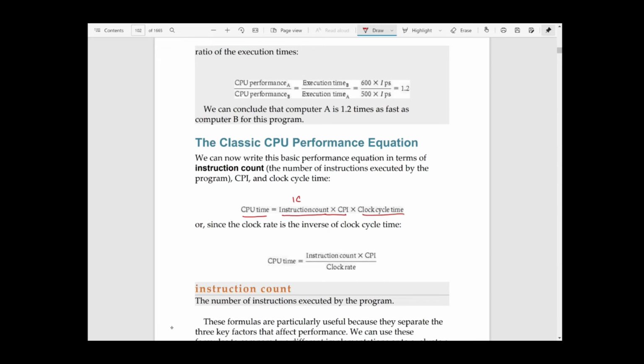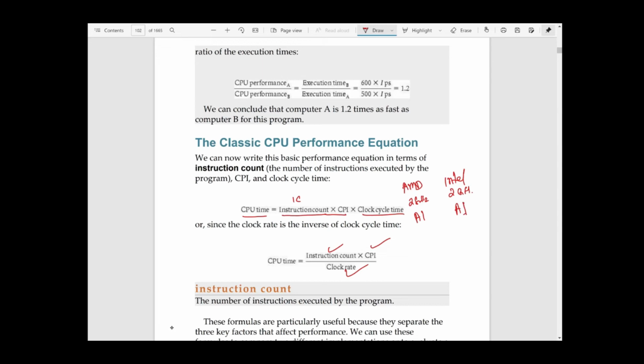All these three parameters are very important to measure the performance of a particular CPU, not computer, CPU. If you have two CPUs and you want to measure the performance, these three parameters are important. You just cannot ignore one parameter. It may be possible that there are two processors, one from AMD and one from Intel. Suppose their frequency is the same, 2 gigahertz. Now you are running the same program, called A1, on both.